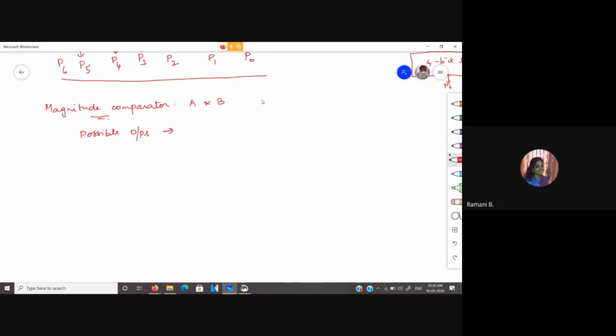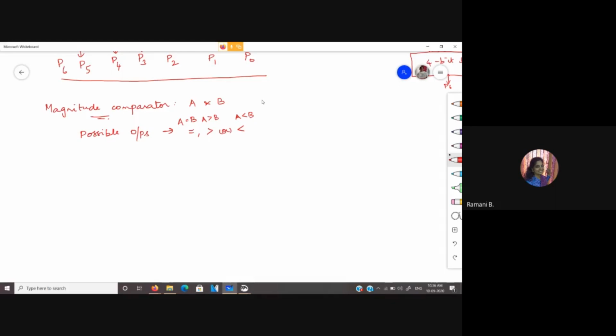What is it you are going to check in order to say it is true or false? It can be greater, lesser, or equal. So you will have the possibilities equal to, greater than, or less than. These are the only three possible output combinations. You will say whether A is equal to B, A is greater than B, or A is less than B. So always with the comparator, you will have these three outputs.